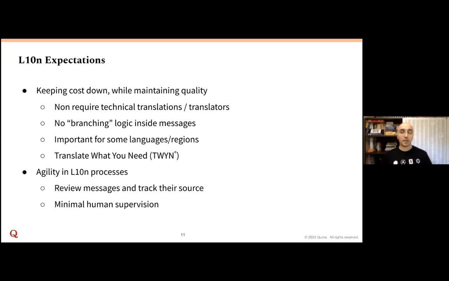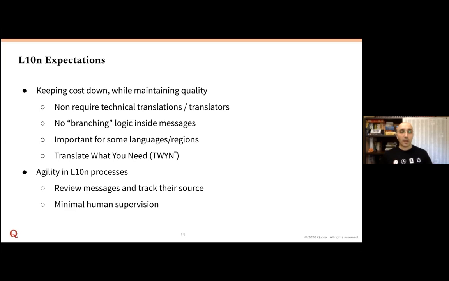So this is also more important for the regions and languages that Quora is going into. It's going to be harder for us to get quality translation if we have a requirement for technical translation for some minority languages. The minority languages in terms of online minorities, the languages that are less available, there are less resources available for them online. While the user base is actually huge, and that's the reason we think it's important to grow Quora in that area. And generally we want to pay for the translation we need, and so we have this